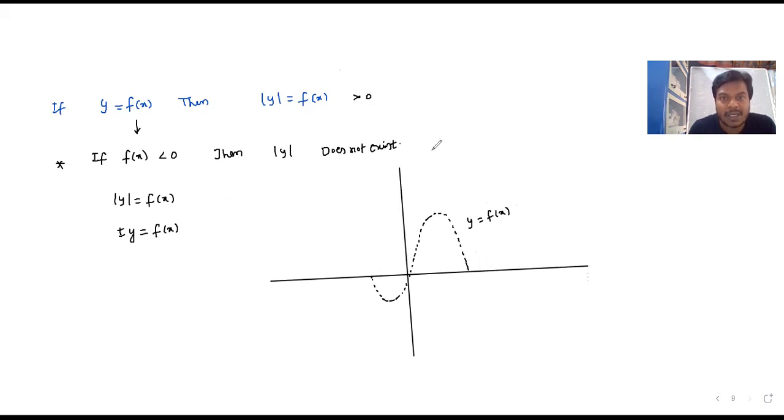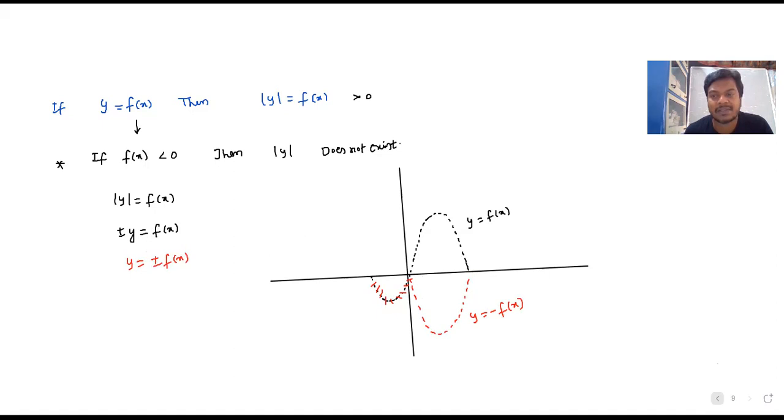So I am going to neglect this portion. Modulus y equal to f of x exists only for this portion, and here the value of y becomes plus or minus f of x, right? This is positive f of x, and automatically it becomes y equal to minus f of x. Okay,